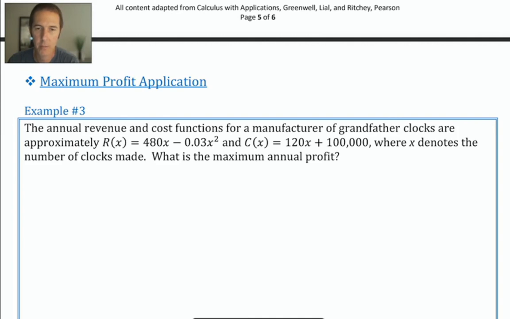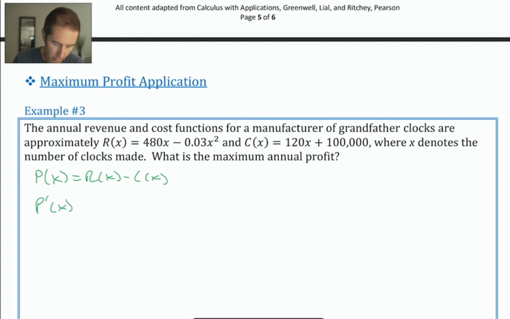What is the maximum annual profit? So you're looking for the maximum annual profit. I don't see a profit function, so you need to design a profit function. P of x equals profit equals revenue minus cost. Then you're going to need